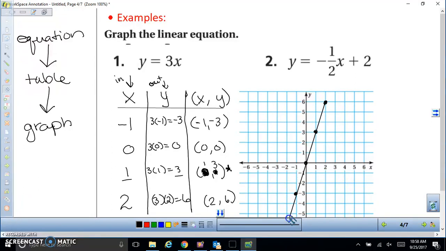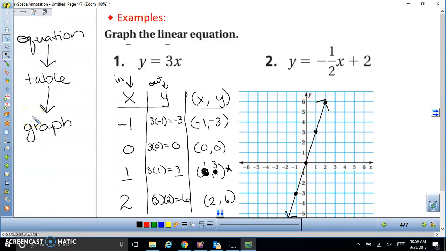Use a straight edge to connect those dots, and then it is important that you put those arrows because it extends past what we see on our graph. All right, that is how we go from equation to table to graph. Let's go ahead and try this